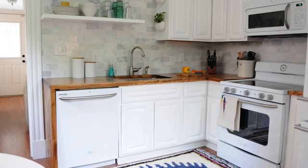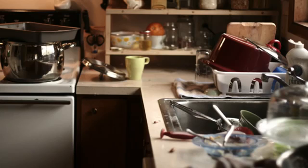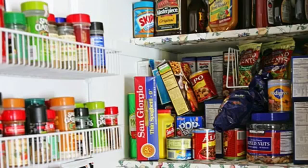Did you know that the average adult spends more than 3 years of their life in the kitchen? With so much time spent in this culinary workshop, you'd expect it to function like a well-oiled machine. However, with most kitchens being so poorly optimised, the reality for most people is that preparing a meal can feel more like a tiresome game of Tetris as you juggle pots and pans, appliances, and groceries that ooze from every